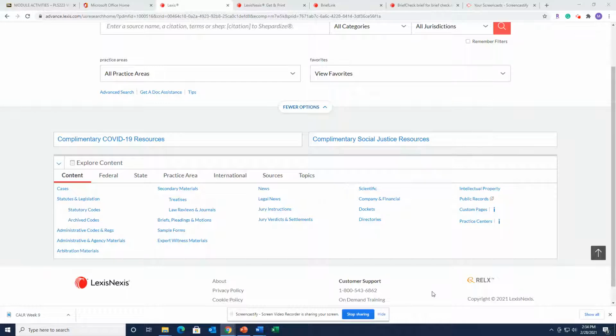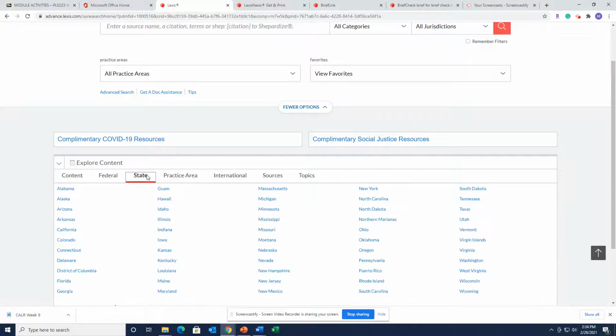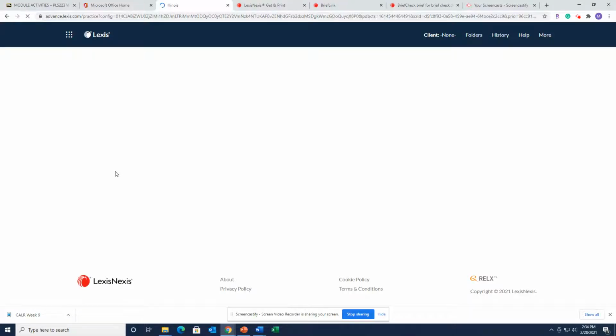So, for news stuff, there are a couple of different ways to find it. Under content, look, we have news and legal news. On my PowerPoint, I talk about state news. So if I go to state, Illinois, and then I will have news